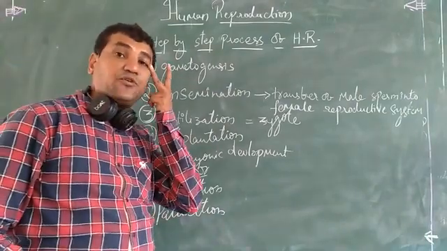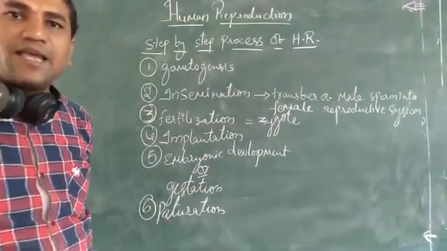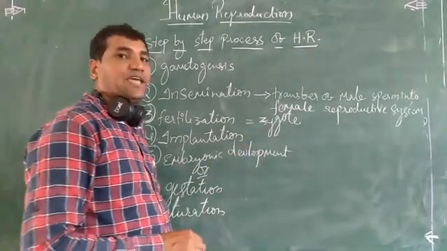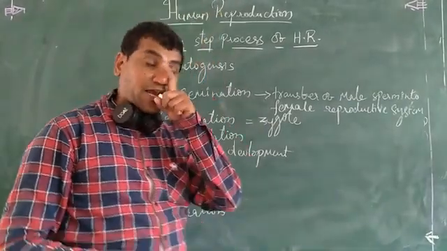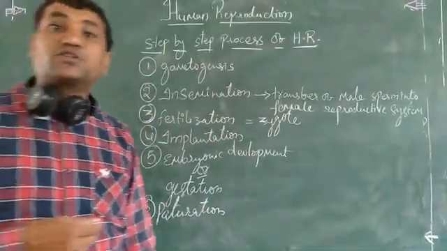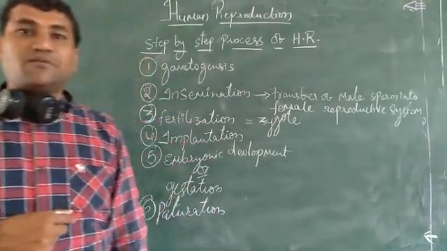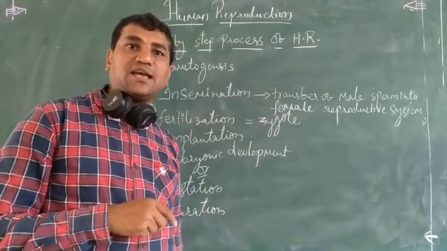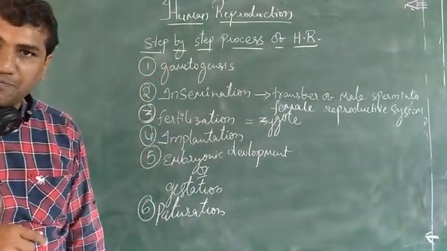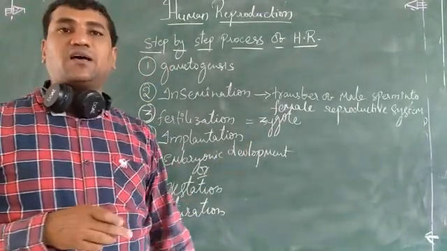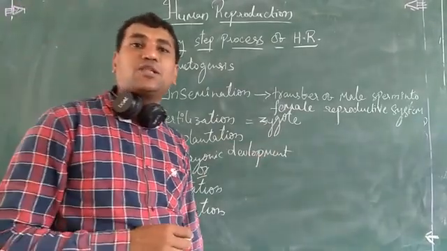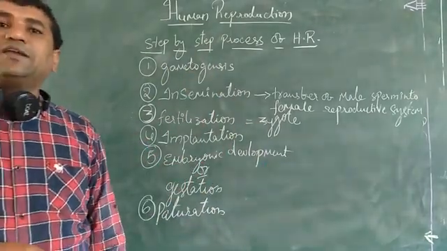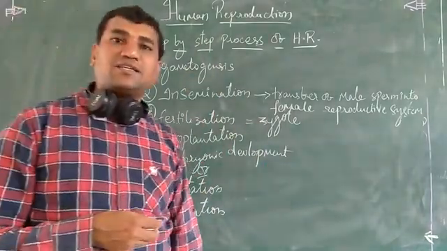Fertilization is the process of fusion of male and female gametes to form a zygote. Once the zygote is formed, it regularly undergoes mitotic division. You have learned this mitotic division in the previous class, that is class 11 biology 10th chapter. So the zygote will divide at several stages up